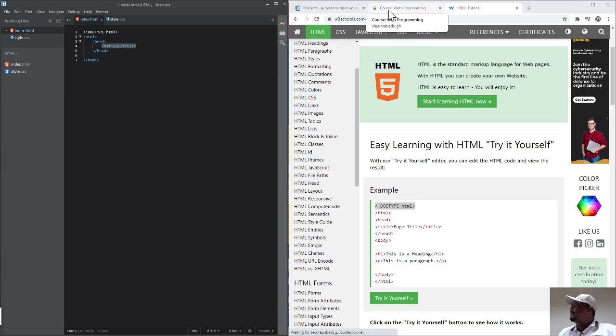For instance, for this particular tab, you have course web programming. For this one, the title is HTML tutorial. And for this one, the title is Brackets, a modern open source code editor. If you want our title to be maybe our first web page,